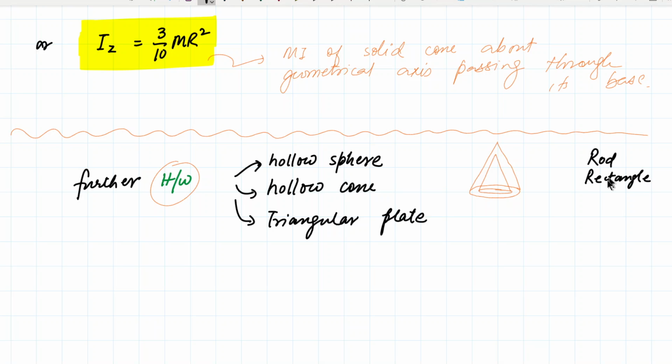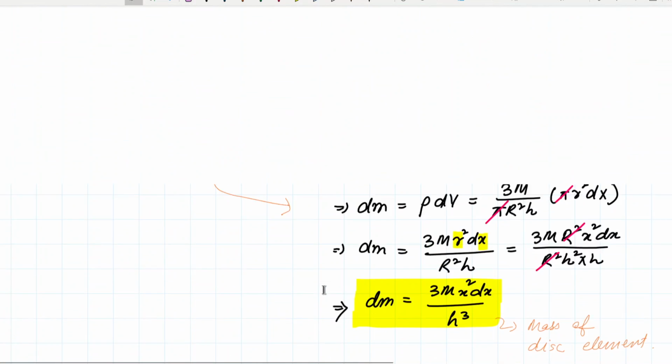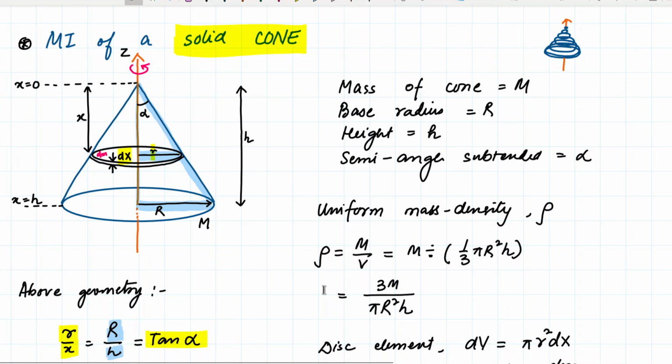हमने रेक्टेंगुलर प्लेट के लिए कर लिया, हमने स्लैब के लिए कर लिया, हमने रिंग के लिए कर लिया, हमने डिस्क के लिए कर लिया, हमने सिलेंडर के लिए कर लिया, हमने स्फीयर के लिए कर लिया और हमने कोन के लिए कर लिया। ठीक है, सो vast majority of the problems we have done. ओके, नाउ इसमें क्या हो सकता है कि थोड़े से कुछ एक्सिस को चेंज करके दे देंगे। ठीक है, कोन में आपका जो ये एक्सिस है बोलेंगे कि ओके देन द एक्सिस इज पासिंग थ्रू टेंजेंट टू द बेस, समथिंग लाइक दैट।